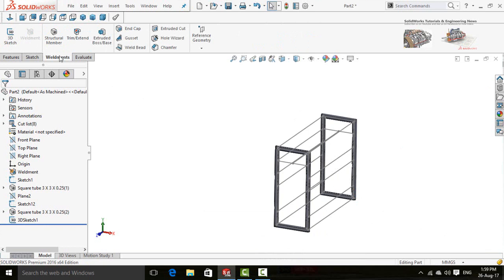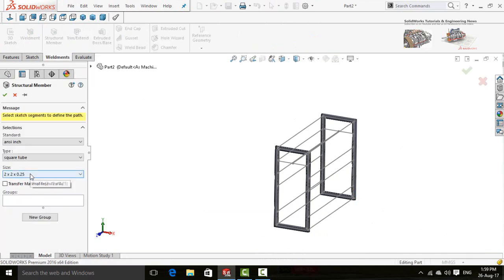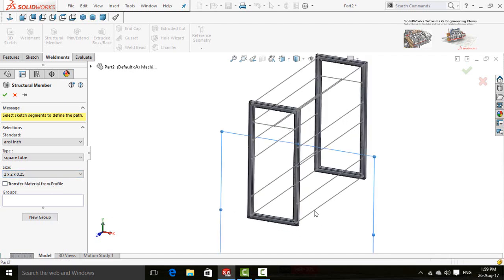Now in the weldment tab select structural member, and this time we need to reduce the size from 3 by 3 by 0.25 to this size 2 by 2 by 0.25 inch. Now select these lines one by one.